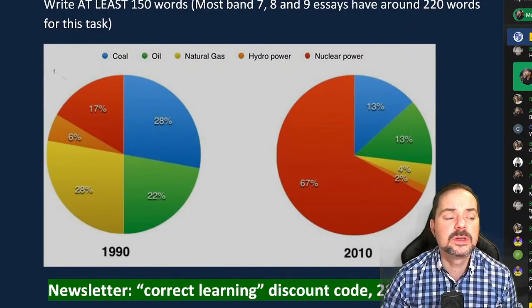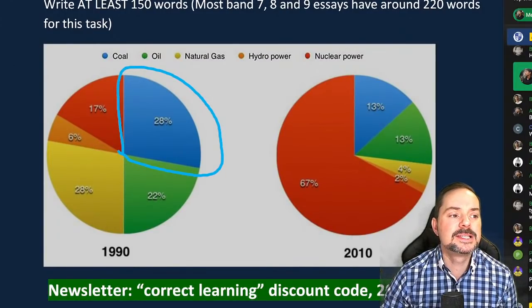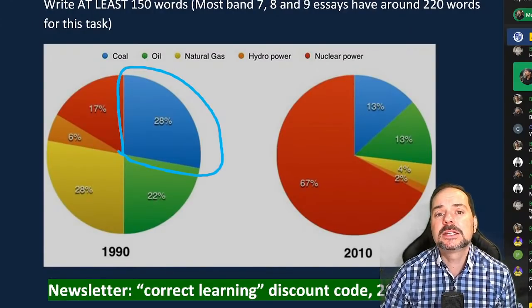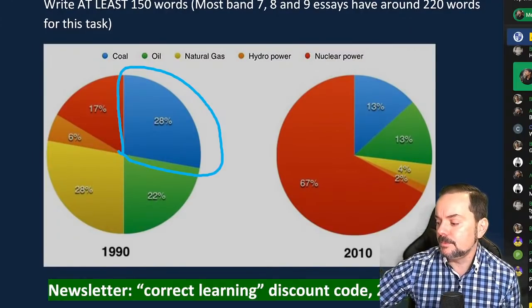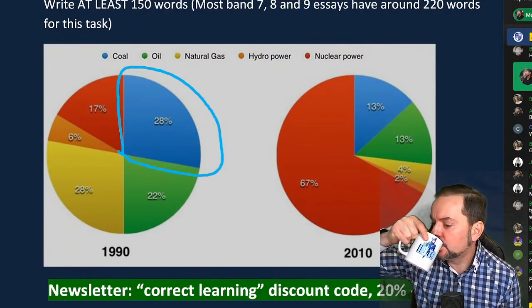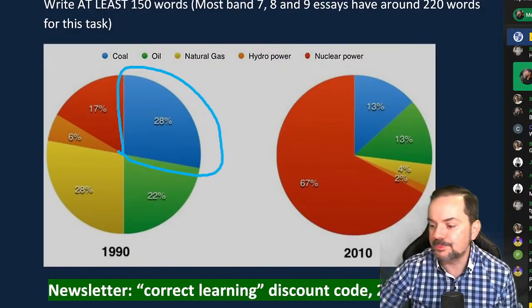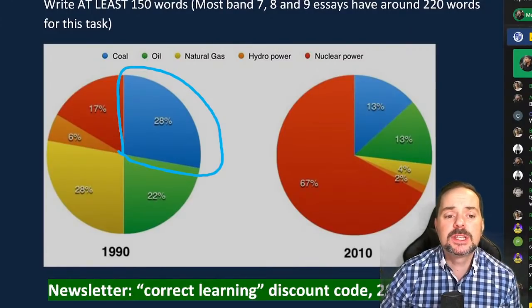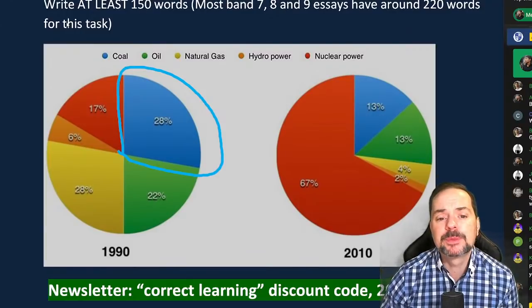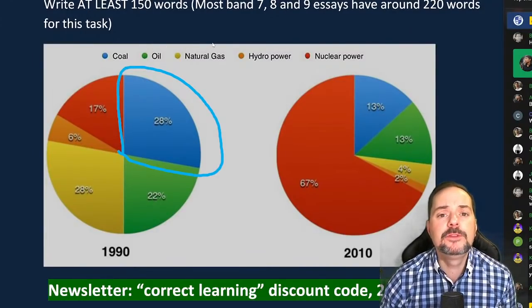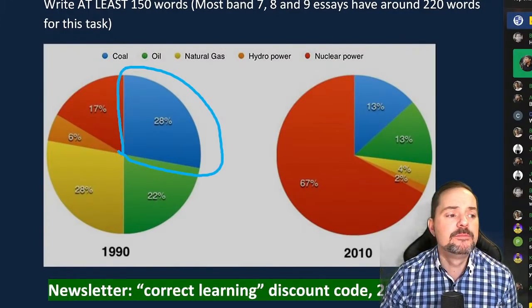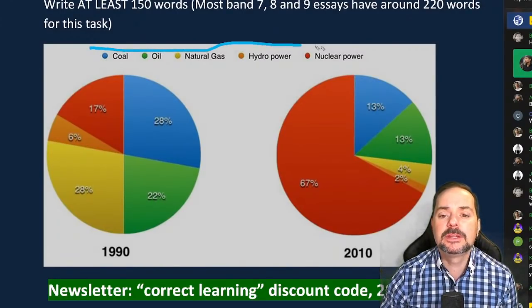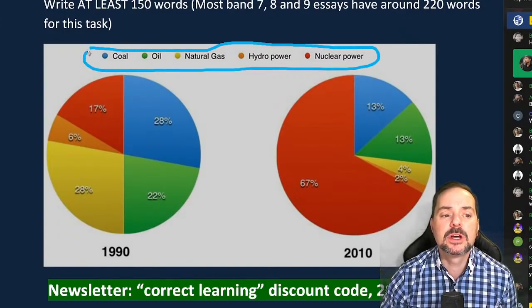these slices, okay, so these here, are called slices or pieces or portions, all right? So these are showing the percentage of electricity that has been produced by a certain type of fuel source in the country of Belgium. Okay, and then here at the top we have the description for the different types of